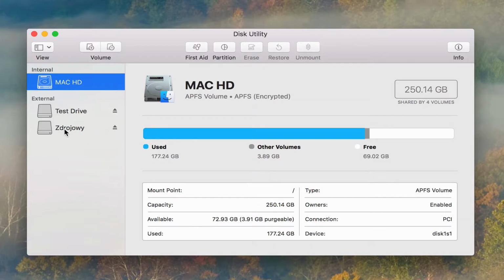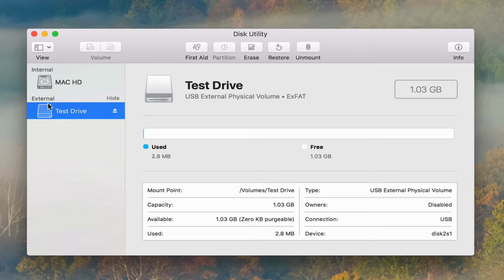Now I don't want to accidentally erase my hard drive, so I'm actually going to eject it right now. Something I do, a little paranoia. I don't want to erase the wrong hard drive by accident, so I'll eject it and unplug it from the computer so it doesn't show up. Because even though it's ejected, the computer still sees it as being attached, so it's still something I could accidentally reformat. So I'm going to click on this test drive that I'm using here for this purpose,